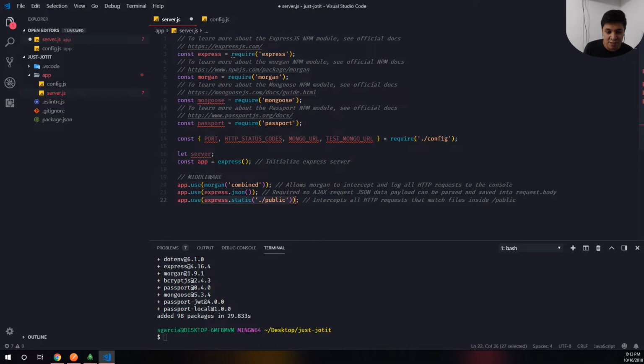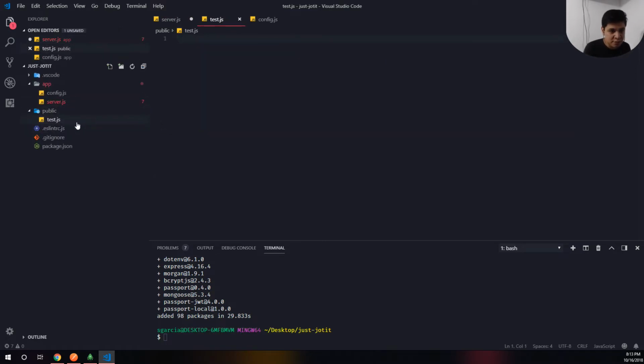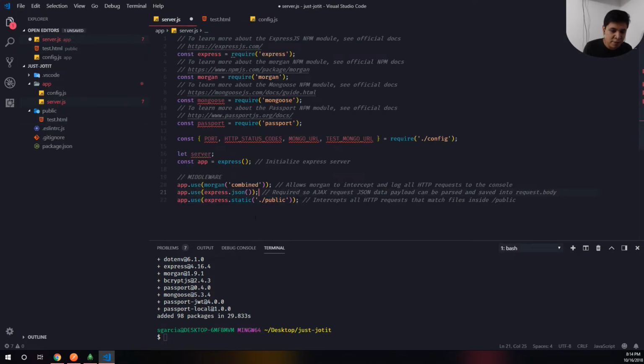And then this is probably the most useful piece of middleware when we get to the front-end part, because right now we don't really have anything. But if you add this middleware, we can create a public folder, and any files we add to public, like, I don't know, let's do test.js. Whoops, should be test.html. So any files you put in public, if you try to make a request to your server, let's say this server is running at localhost 8080, if you did localhost 8080/test.html,